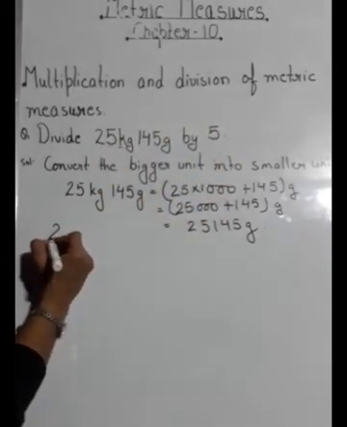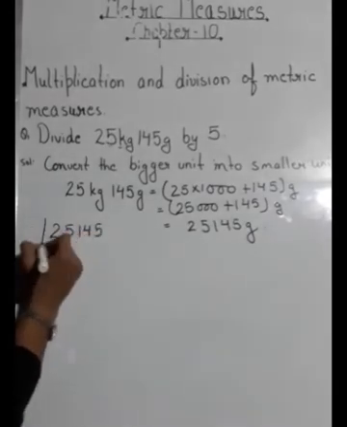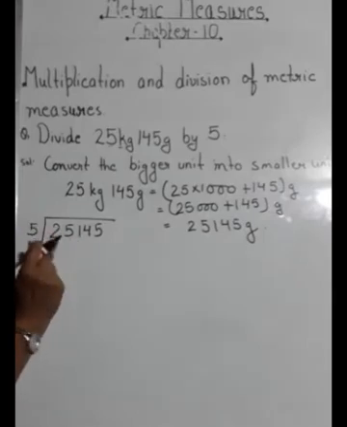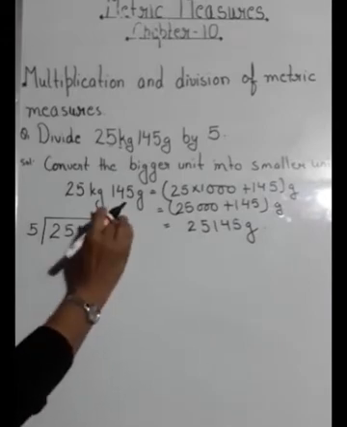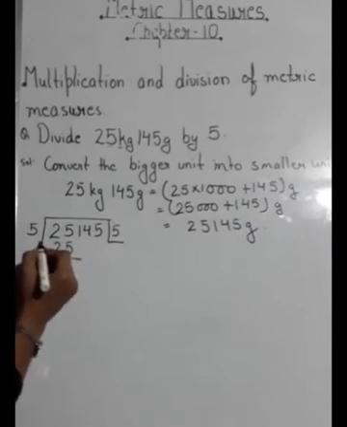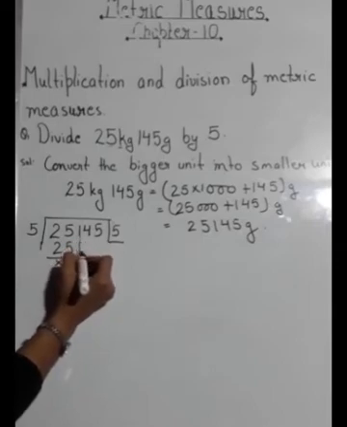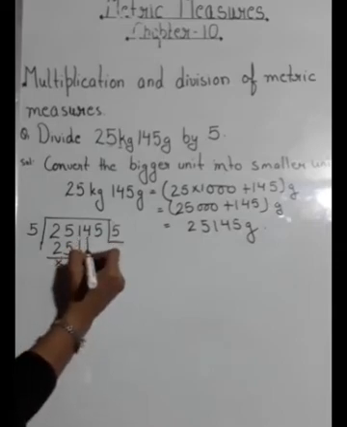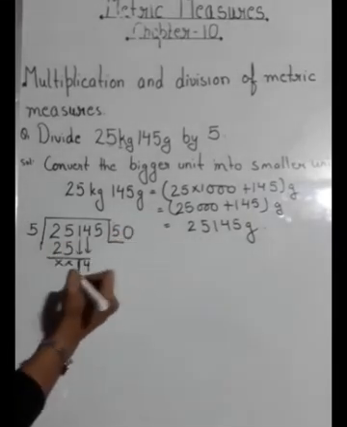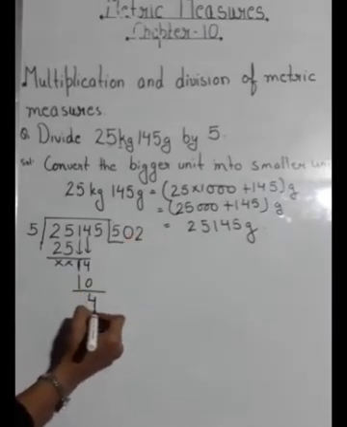So I am doing the division part over here, that is 25,145 divided by 5. Okay, so first I will take these two digits, as 2 is smaller, so I will take the first two digits. Okay, so this will be 5 5s are 25. Done? Okay, and when you subtract it you are getting 0. Now you will copy. If I copy this 1, then it is smaller, so I have to copy 2 digits, and when I am copying 2 digits we have to put 0 over here. Okay, then this is 14, so 5 2s are 10. Okay, this 14 minus 10 will be 4 over here.